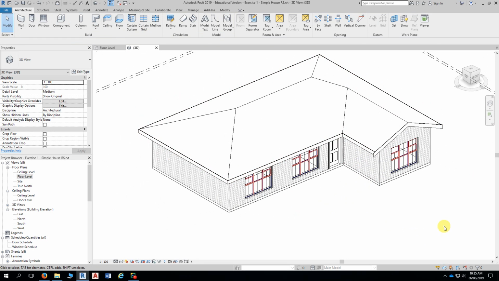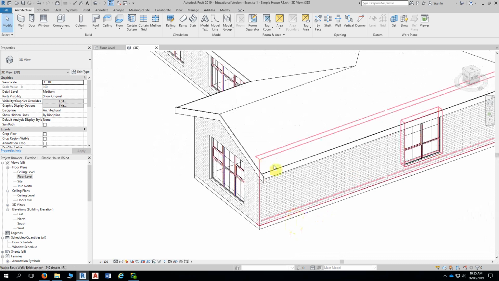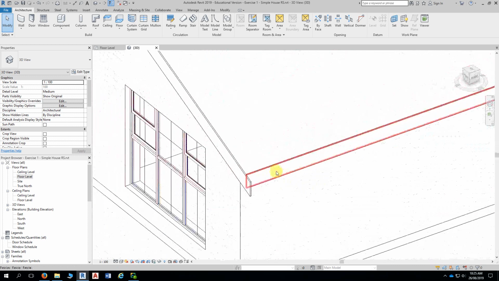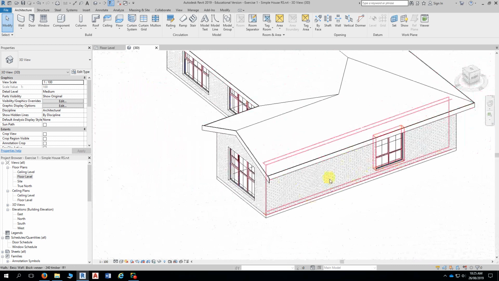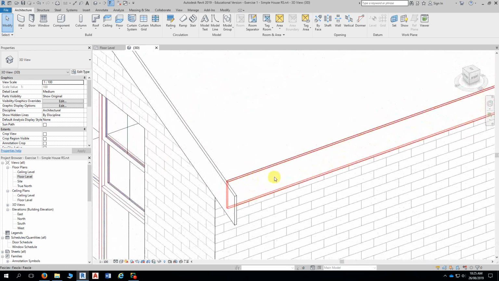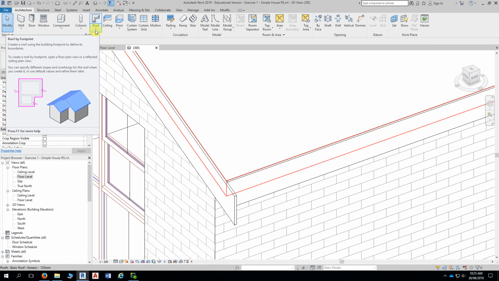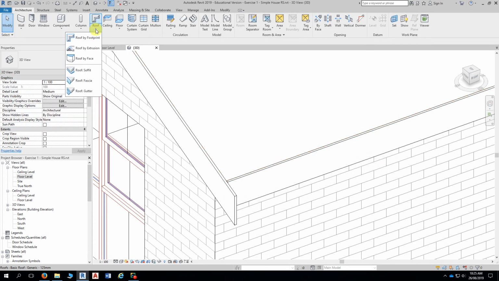All right, so once you've put the fascias on, just zoom in nice and close. Just where I am here, this side of the building, is the best starting point, I guess, to add the gutters. So if you then click the bottom of the roof tool and go down to roof gutter,